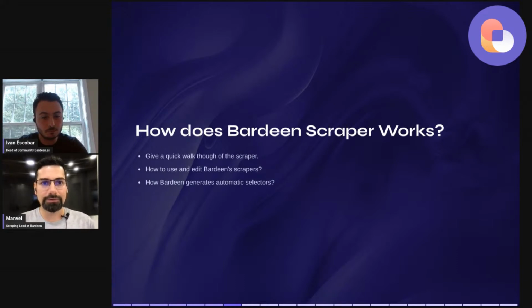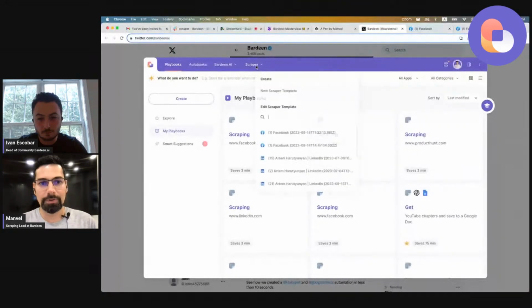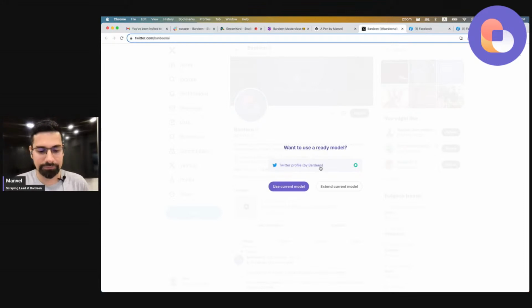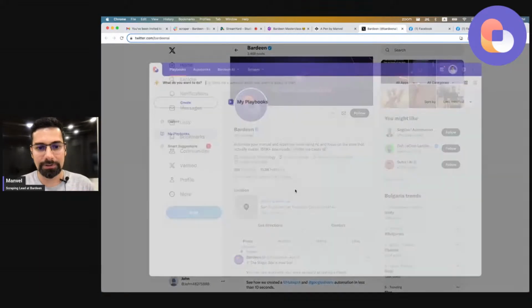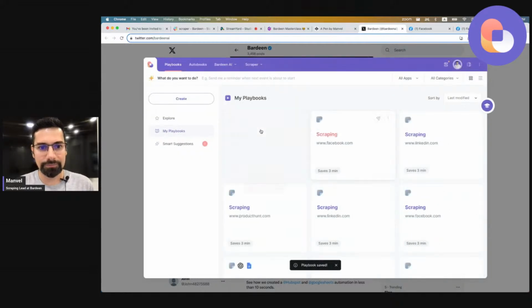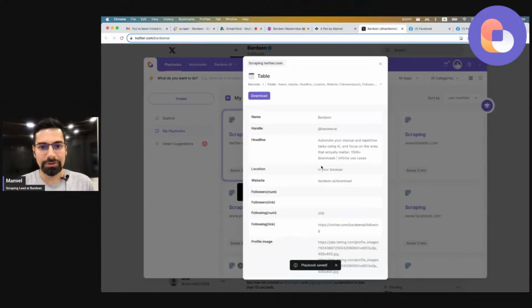In Bardeen, as you may see, we have this Scraper tab, which provides you quick access to our scraper tool. And we're already providing a ready scraper model, as Ivan has mentioned. So whenever you see a scraper model that is marked by Bardeen, you can use it. It's constantly being maintained, updated, and it will get the data for you from this page. For example, if I pick this scraper model and execute it on this Twitter page, I should get back the